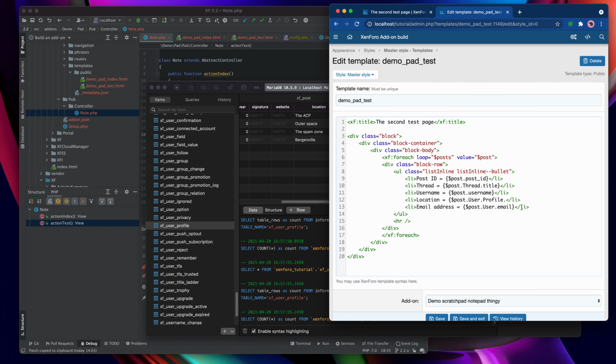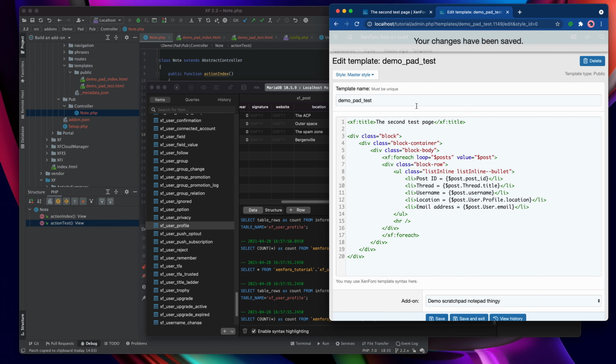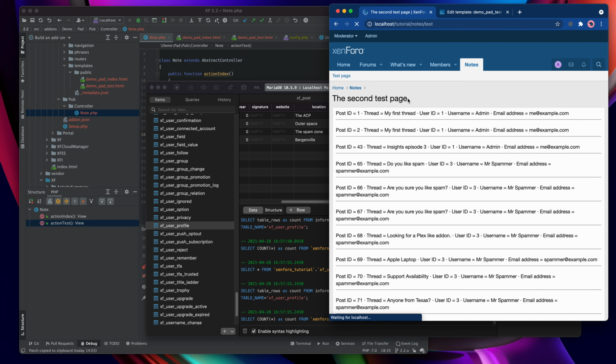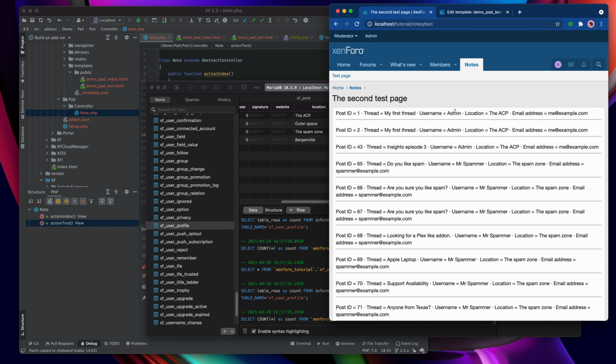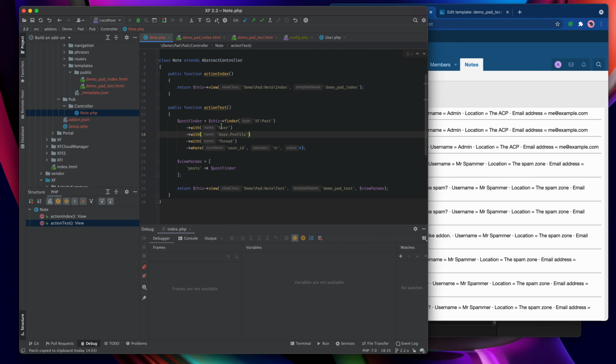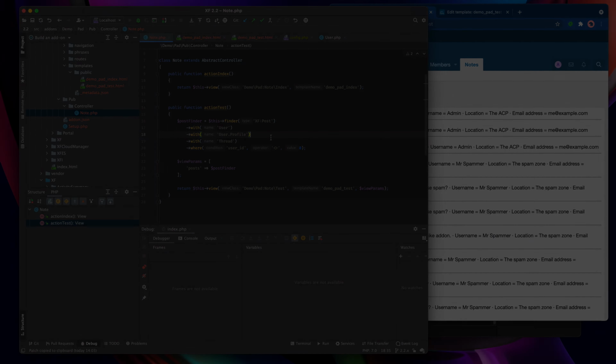Location. Let's save that. Bring it back. And here we go. There's the location. So now we're using 2 direct relations on the post table, namely user and thread, and also a chained relation where we've looked for a relation from one of the relations that belongs to the post itself.